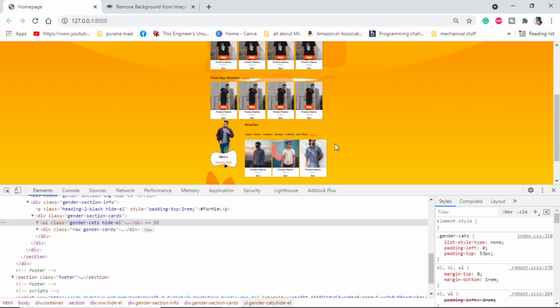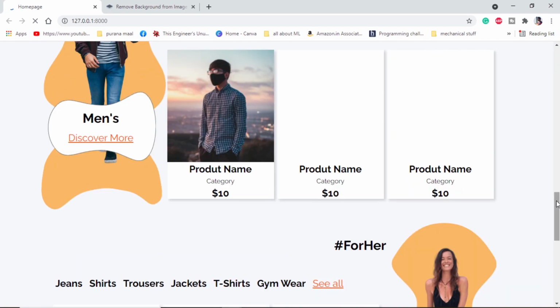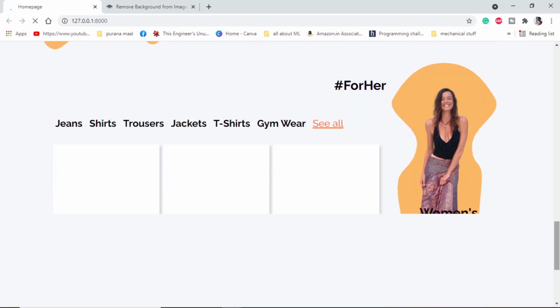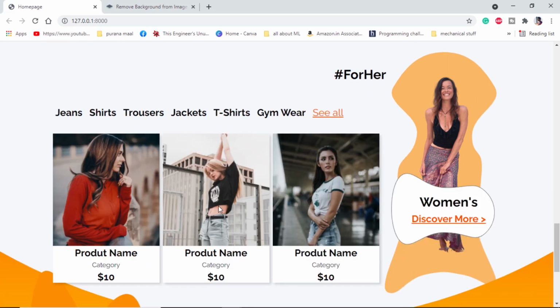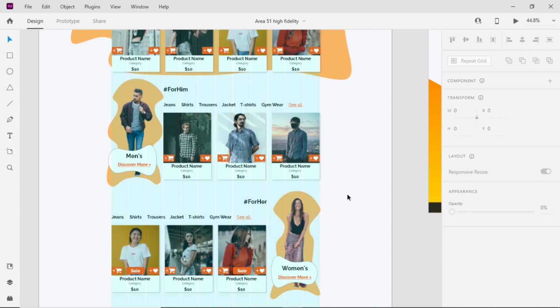We will use the same technique for women section. We will have background, women image, one another splash on top, and then text. And this section we will have on the right side. Let me show you. After adding women section, let's refresh and see. And here we can see we have men section, and under that we have for her section or women section. This is same as men section, but we are keeping this image division on the right side.